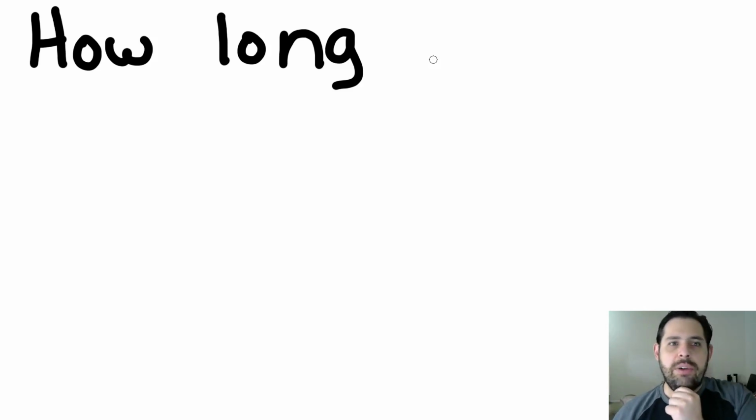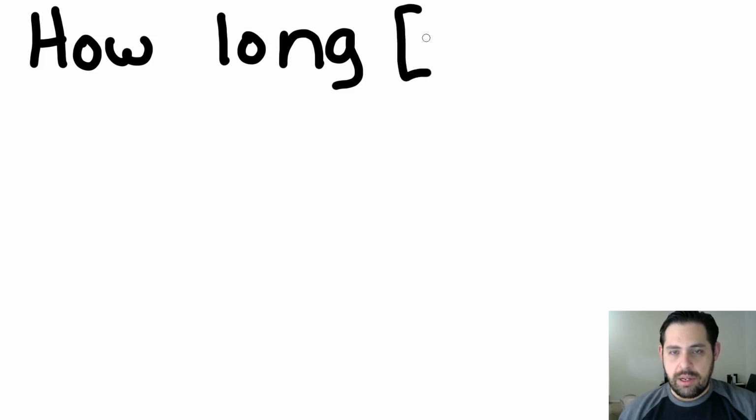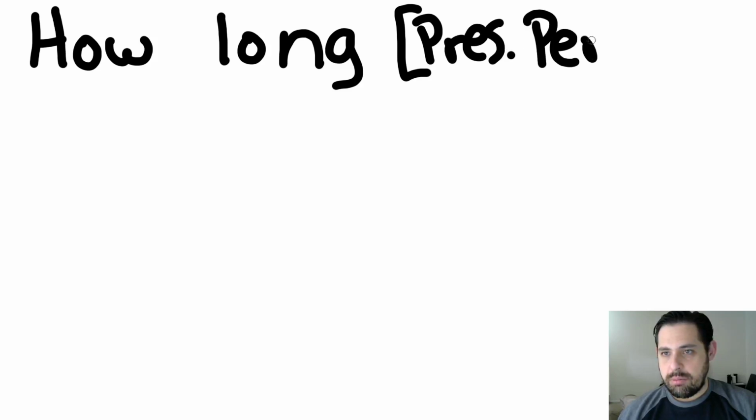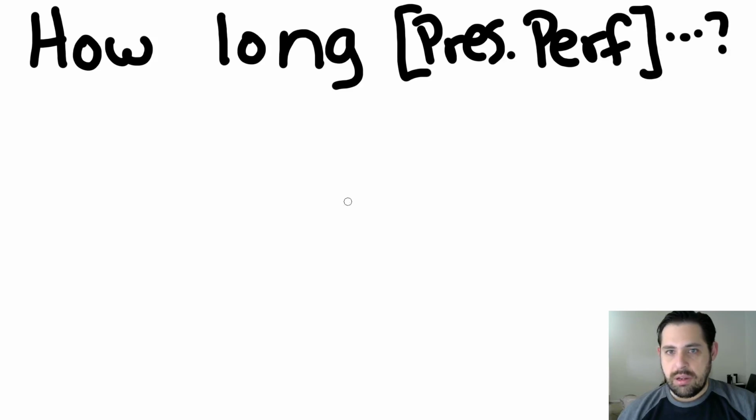But to use it in a question, we're going to use have before the subject, okay? So we're going to have how long plus the present perfect, and in this case, because it's a question,